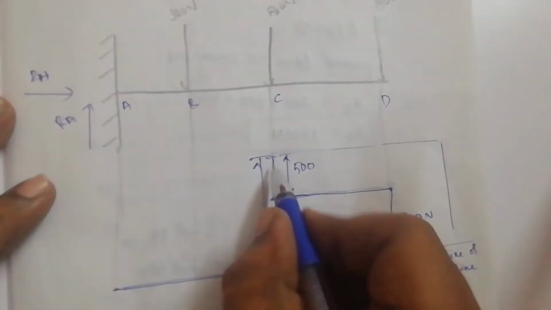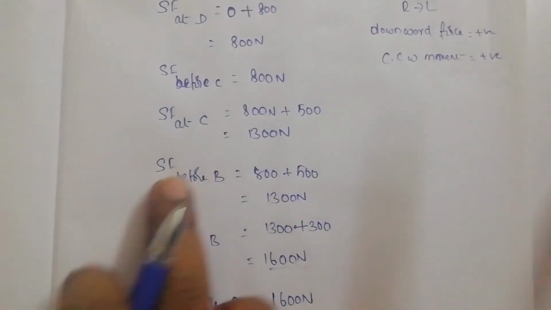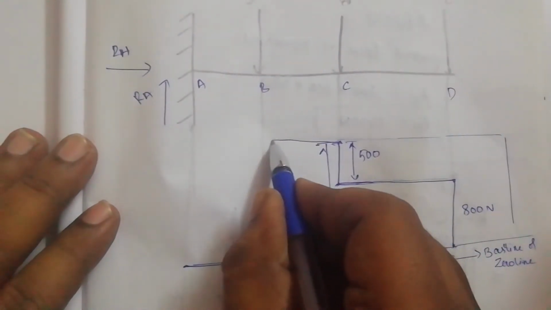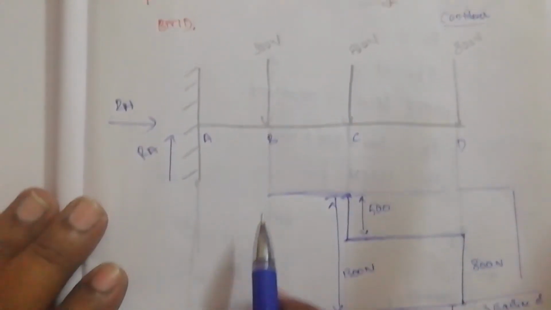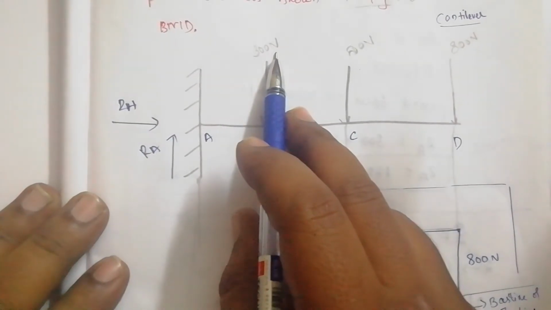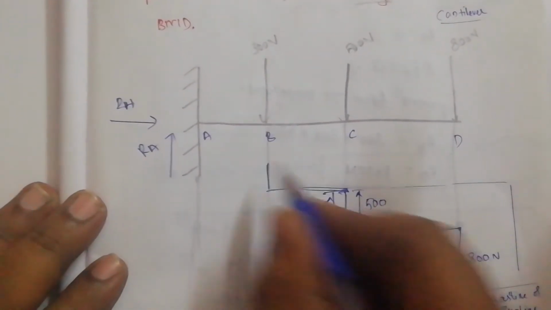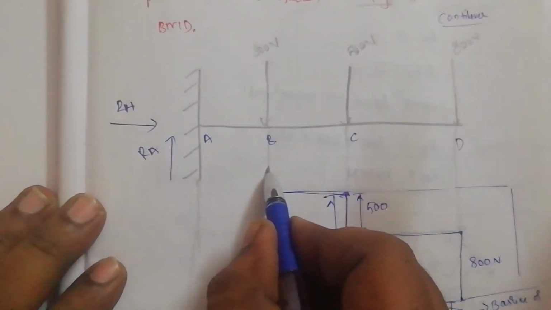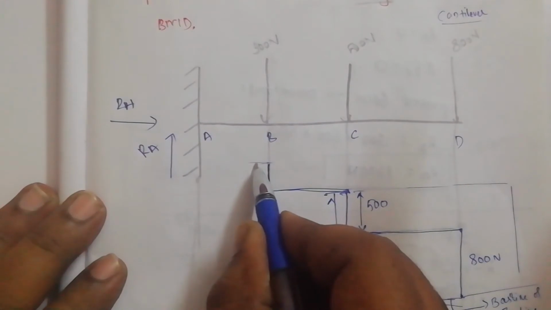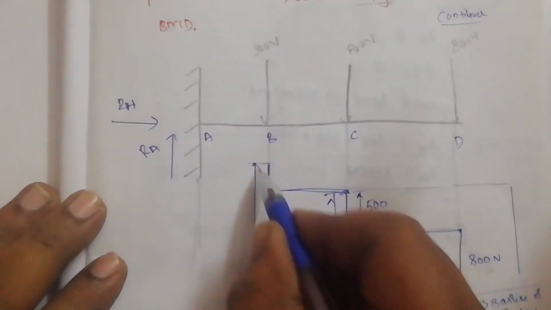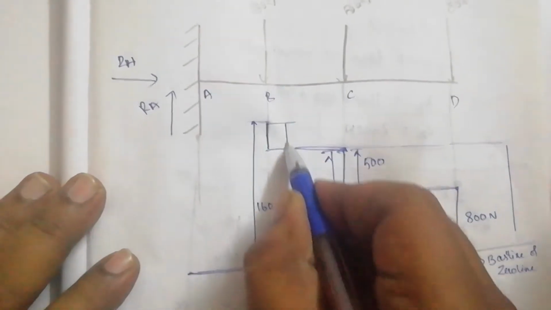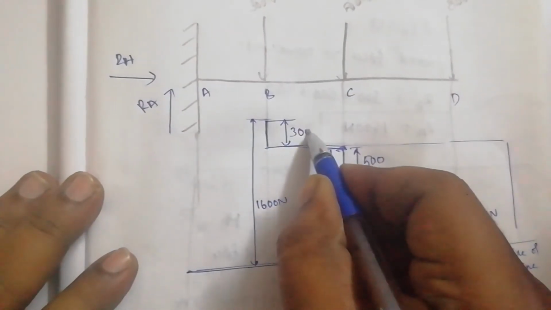Okay. Now from point C, if you see, before point B the load remains the same. So I will just move this 1300 till point B. Once point B comes, there is a load of 300 Newton acting downward. Downward means we have to move above, since this is positive. So once you move above, you will reach a point where the load is 1600. So this value is 1600 Newton, and this height from this 1300 is nothing but 300 Newton.